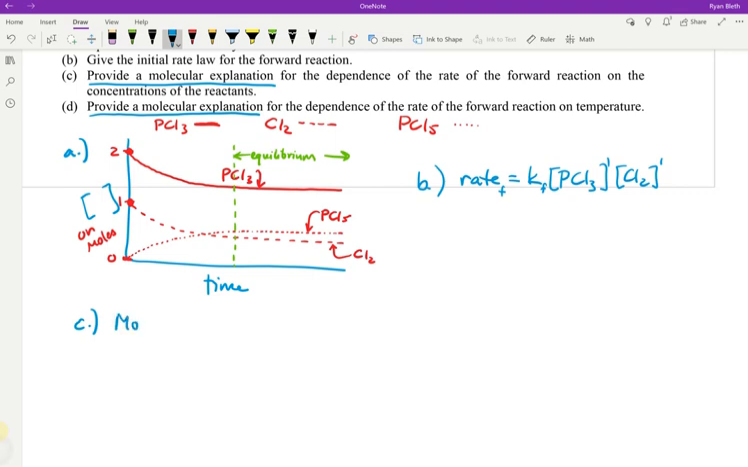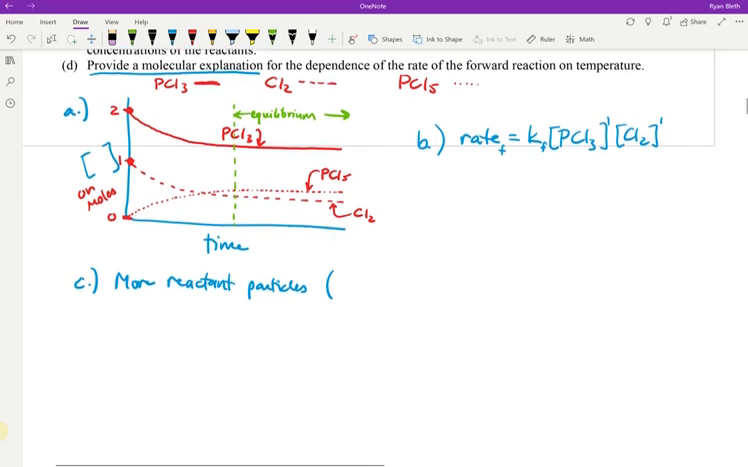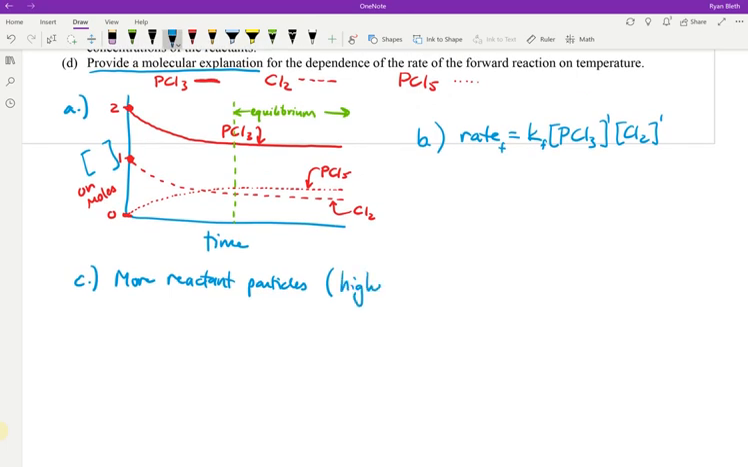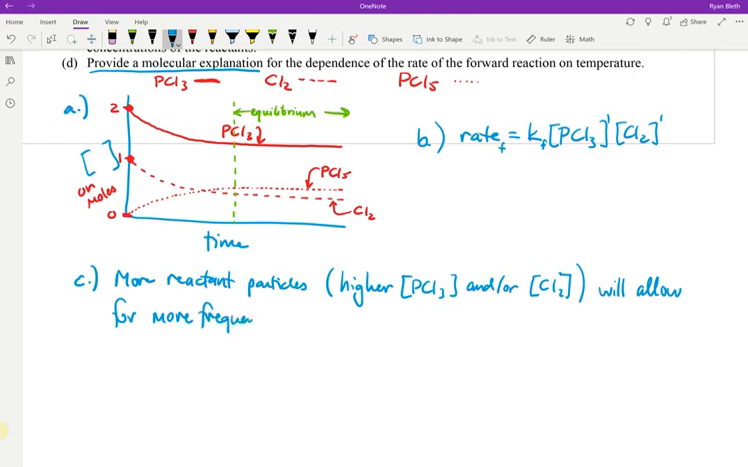Okay. So we would say then that having more, and you can phrase these in a lot of ways, more reactant particles present, in other words, a higher molarity, in this case of PCl3 and or really Cl2, will allow for more collisions, or more frequent collisions. Sometimes you'll hear greater probability of collisions, or frequent collisions